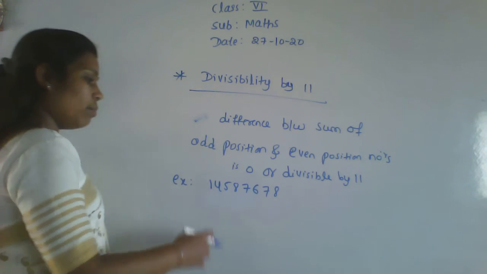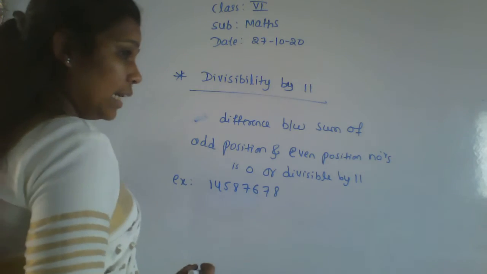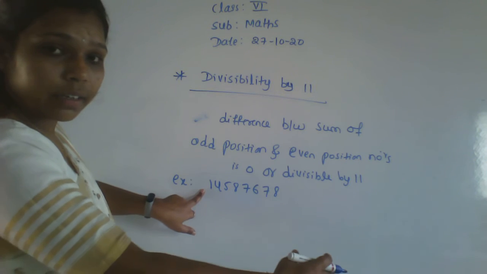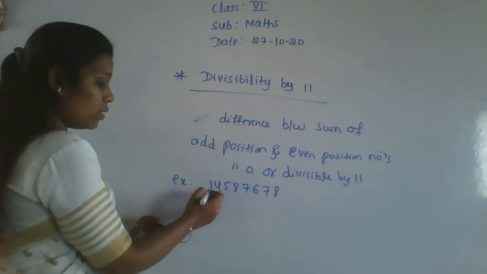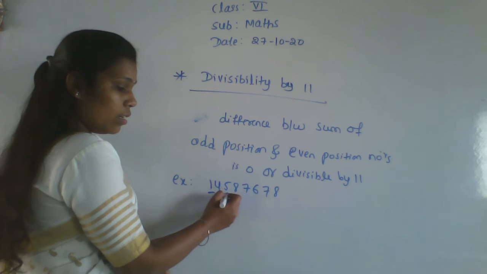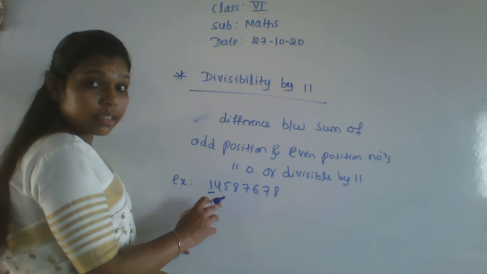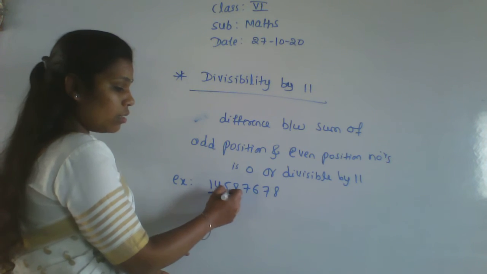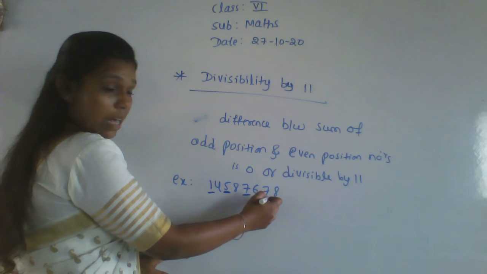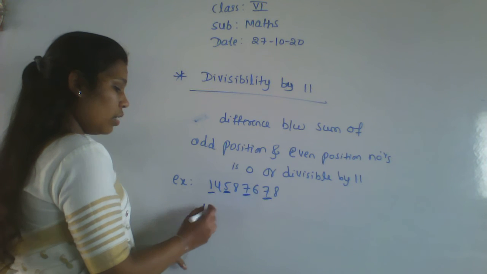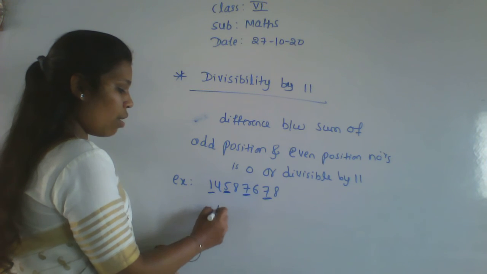Okay, I'll give another example. See, start from the left side. This side you have to start. Don't start here, you have to start here. So this is the first term. Leave out the second because it is even. So here the third term, next the fifth term, next the seventh term. Take those terms, meaning odd positions.